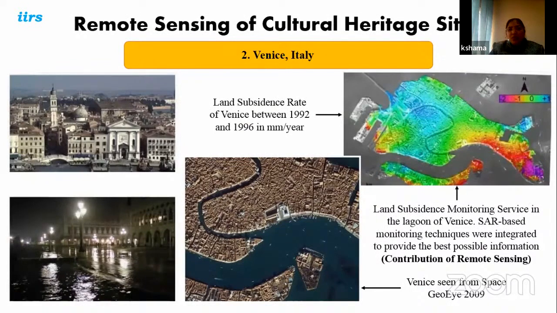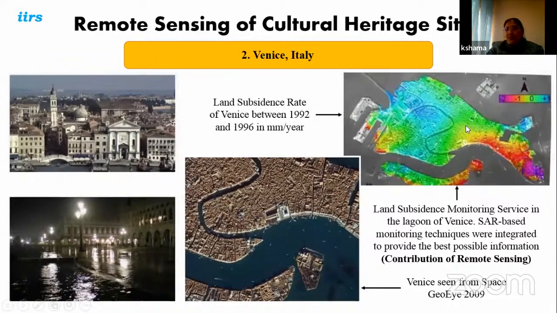Now if you look at one more example, remote sensing data, especially microwave remote sensing data, is very good for studying your land subsidence rates, because it gives you the difference in elevation in millimeters. So you can utilize this data for land subsidence analysis. This kind of analysis of land subsidence in Delhi shows that especially the western part is subsiding. The elevation is going down in terms of millimeters maybe, but that is mainly because of groundwater exploitation.